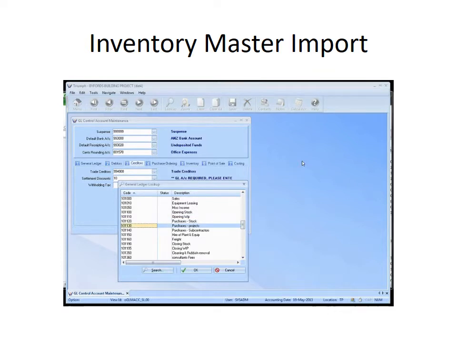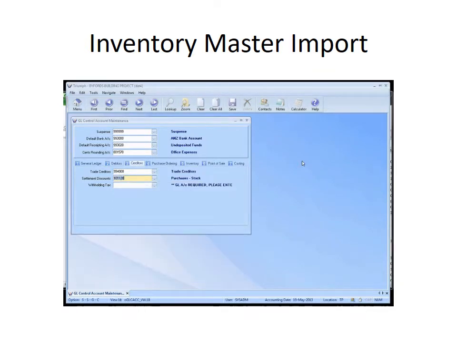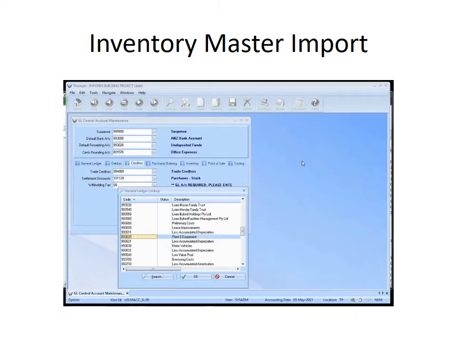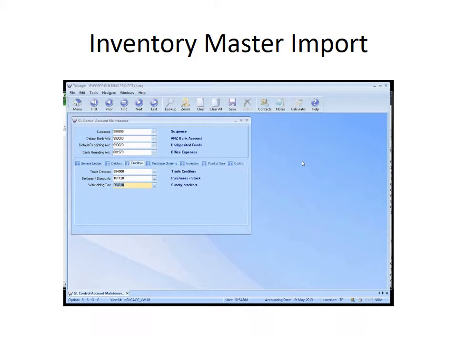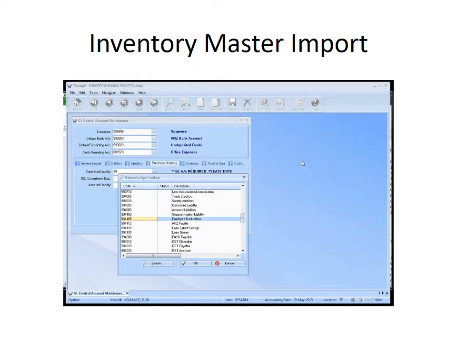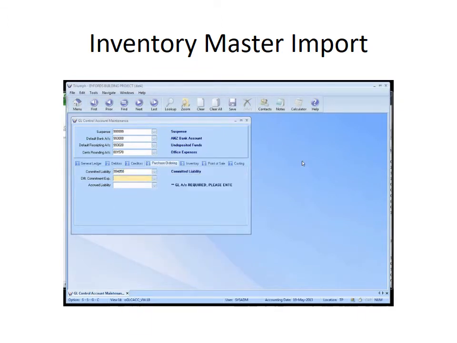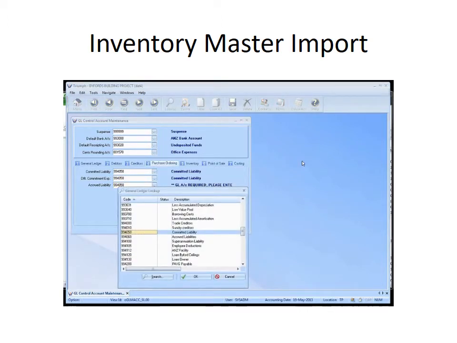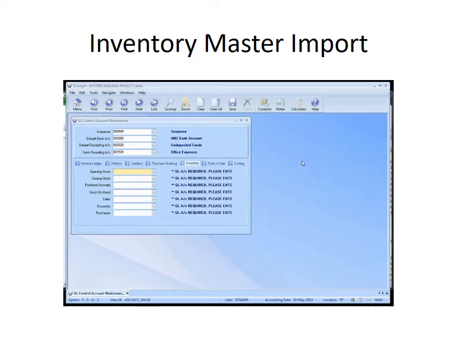So some of them like the discount, I know I'm not using discounts, so I'm just putting them to the purchases accounts, etc. By setting these up, this sets up my default processing areas. So, opening stock,